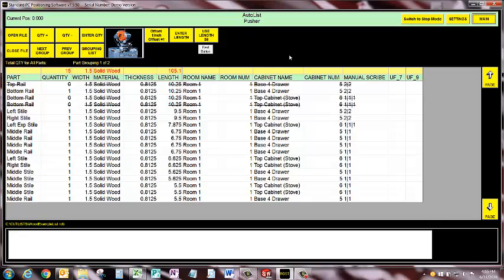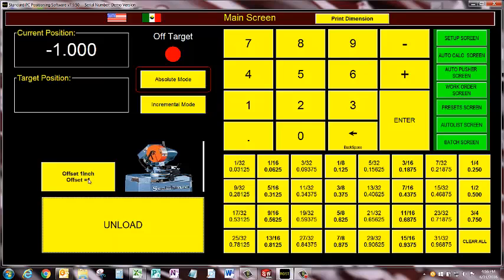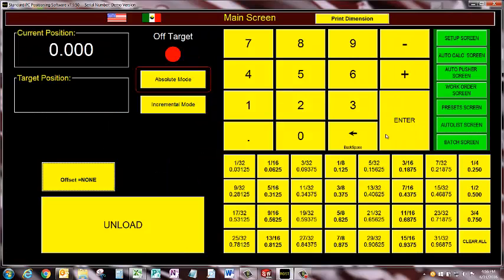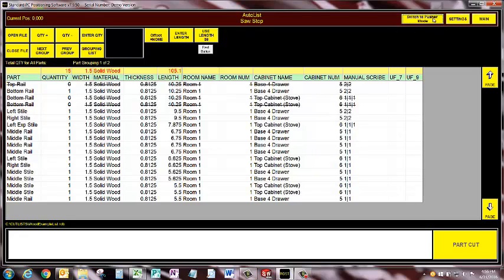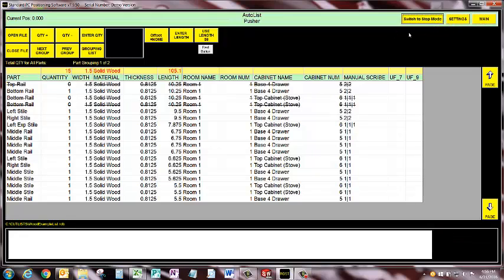Auto list. Here is where the most exciting changes have been made. I have a cut list open. Now you can see that the offset function is still engaged. I'm just going to go back here and click none so that it gets rid of that. So in auto list, what we've got now, when you're in pusher mode, and again you can switch from stop mode to pusher mode with this button,